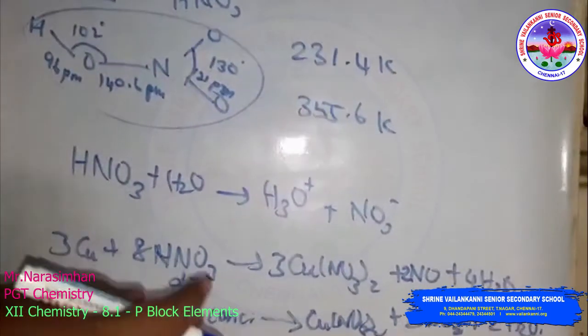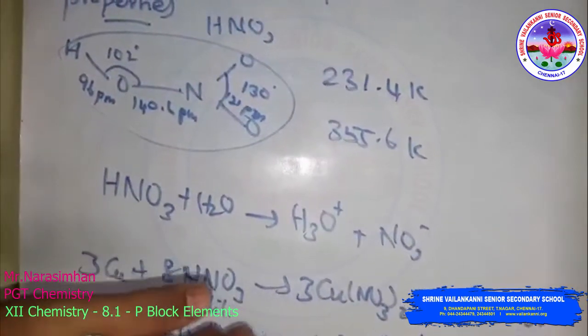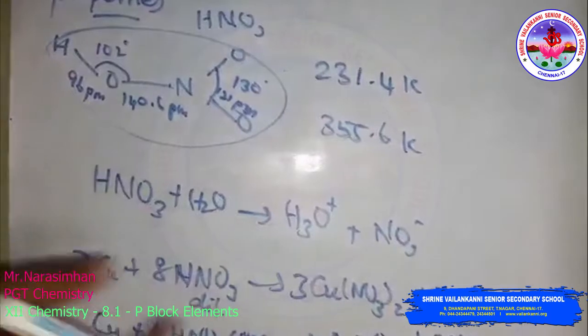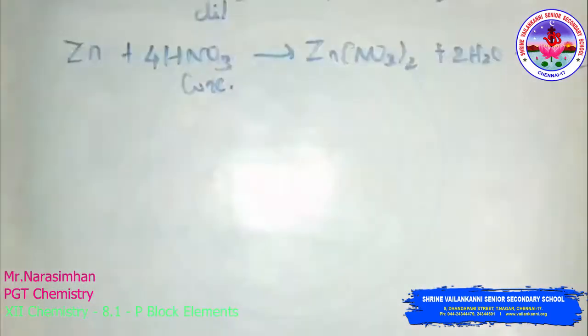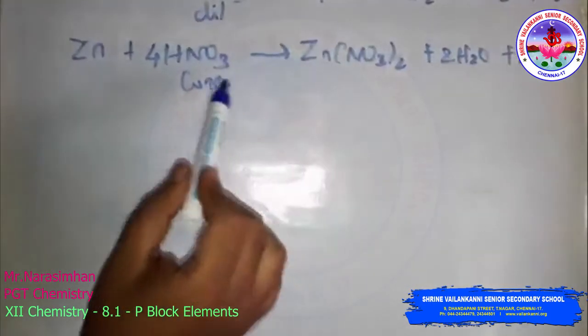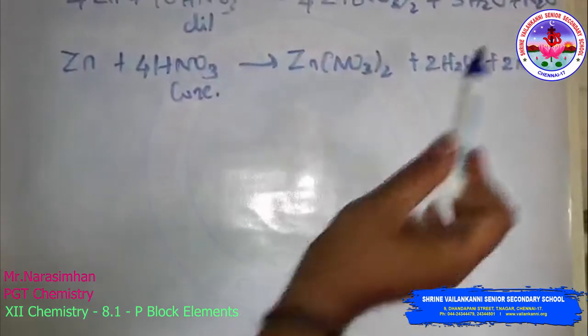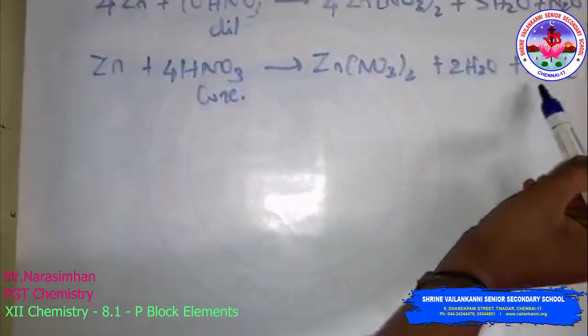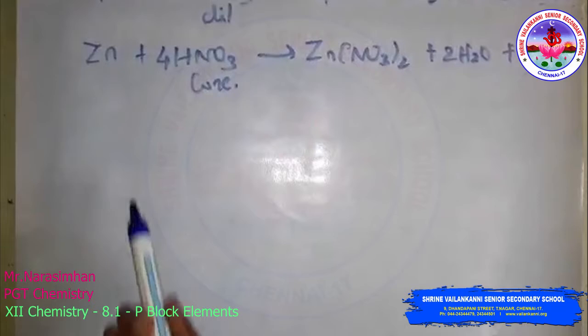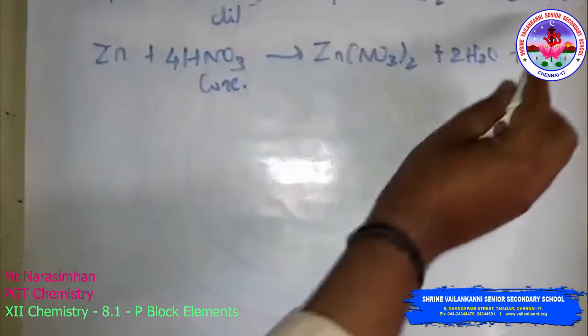When zinc reacts with dilute nitric acid and concentrated nitric acid, it gives zinc nitrate. Zinc produces zinc nitrate in the dilute reaction, with dinitrogen oxide as the product, and here with nitrogen dioxide. Only the concentration or dilution makes the difference, and you get